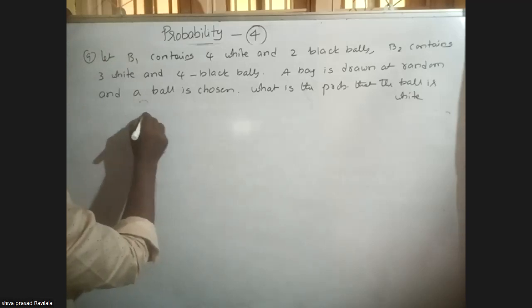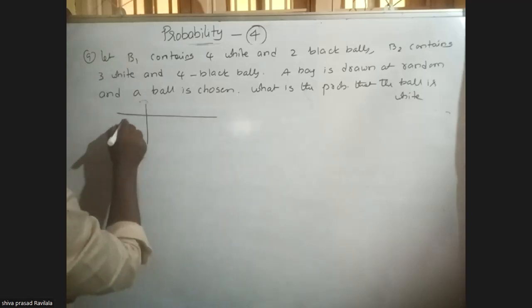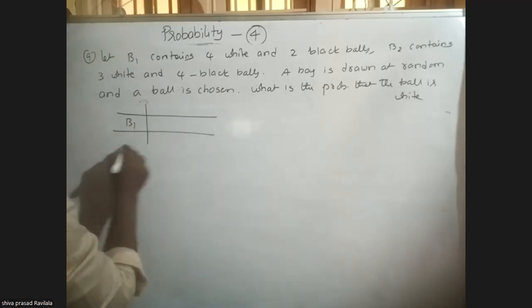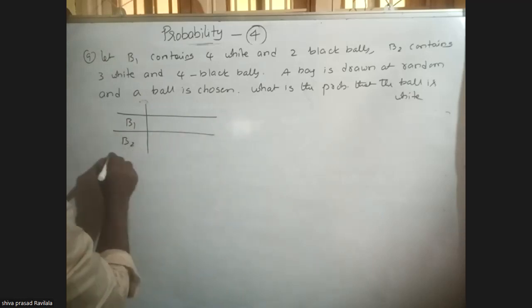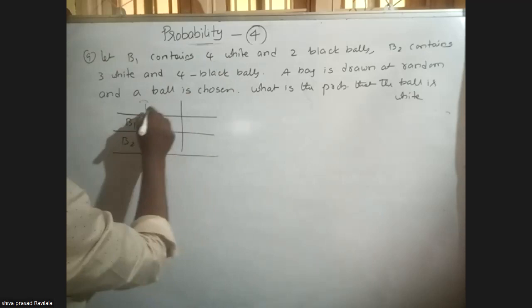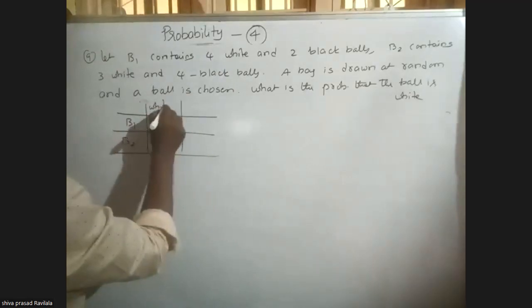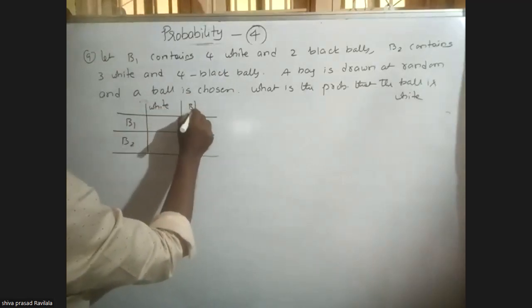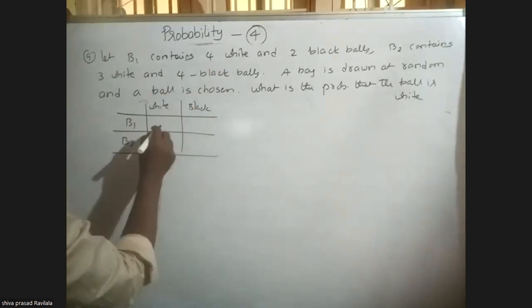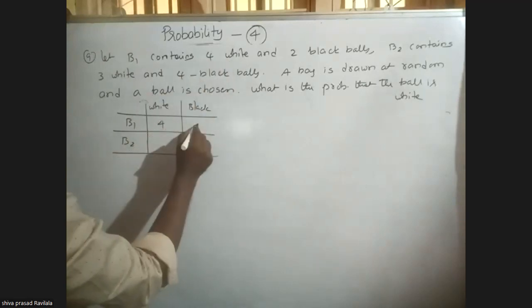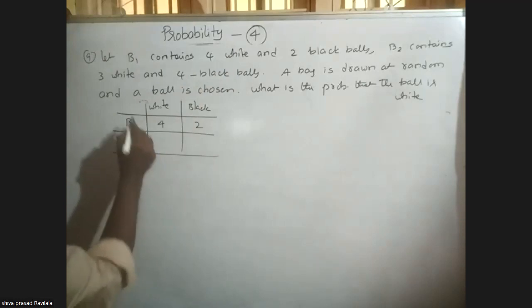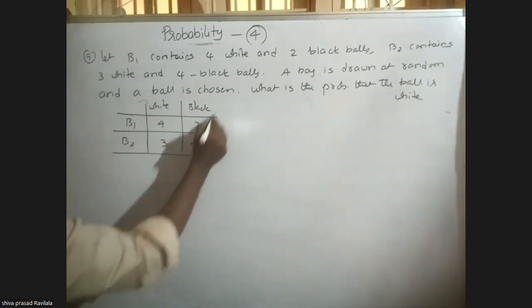Okay, here write down, make a chart. Bag B1 and bag B2. B1 contains how many white and how many black? B1 contains 4 white and 2 black balls, and B2 contains 3 white and 4 black balls. Now tell me,